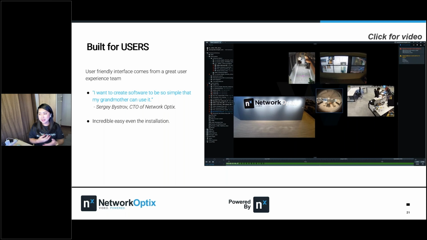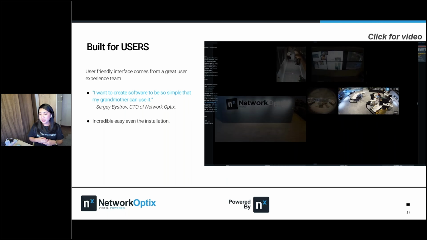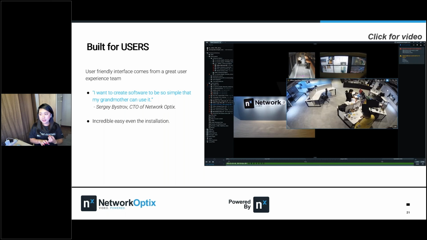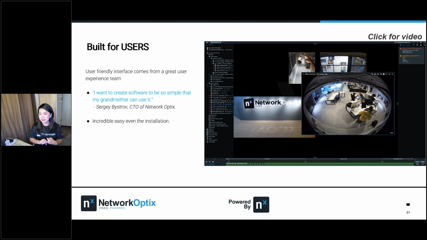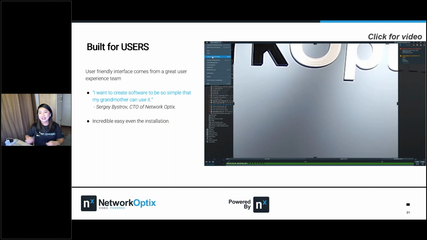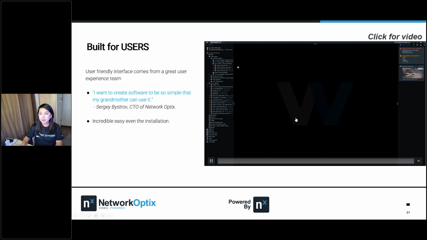Basically, you can customize everything depending on your liking, and you can use soft fisheye dewarping that will give you different angles like 90, 180, and 360 degrees. Then you can zoom in and zoom out your camera. So that's how easy the Nx Witness VMS is, right?